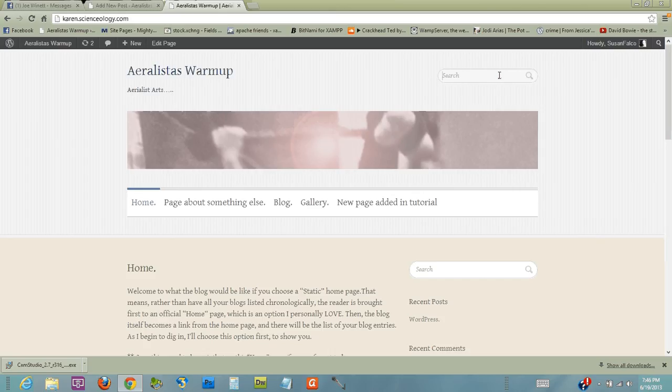Here you have a search bar and you can enter a term or something you're looking for in this blog, and it will search the text. So if it's in the text, that could show up. But if you've organized things in categories, or you've used either tags or slugs, which again are just a way of associating information so that it can be pulled up